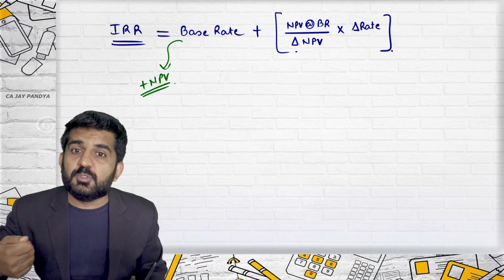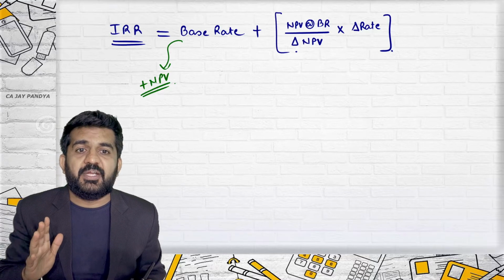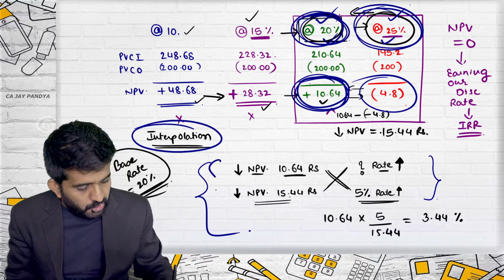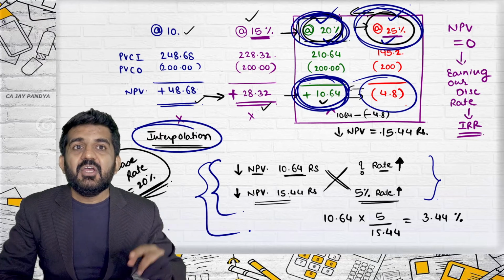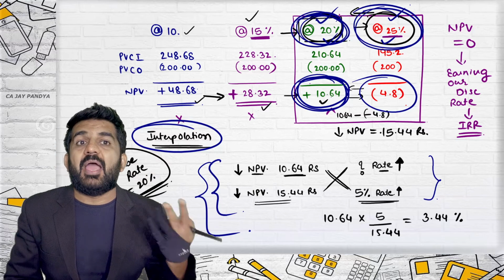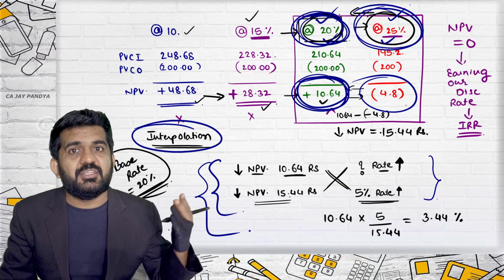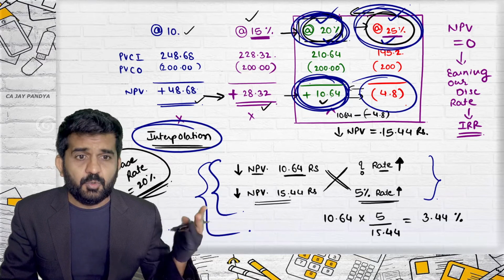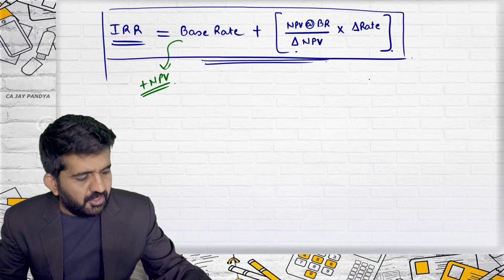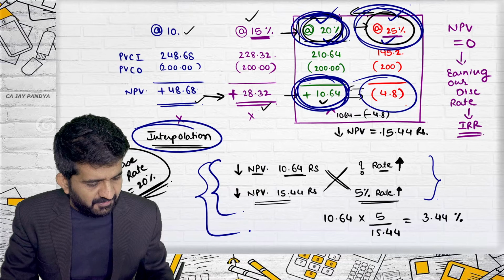Alright, so we will be using this formula. I don't doubt that we will always be using this formula to find out IRR. But how this formula is derived, you should be absolutely clear. We know that it is between 20 and 25. We are just trying to approximate at which rate the project will be having NPV of 0. This is what we are trying to find out. So this is a formula for internal rate of return. Correct. And what is IRR? The rate at which NPV is 0.